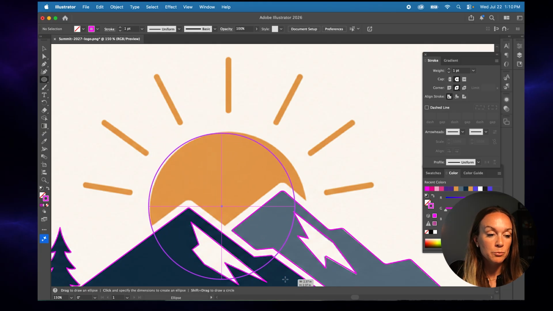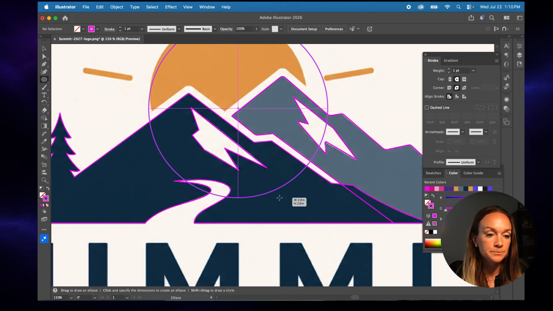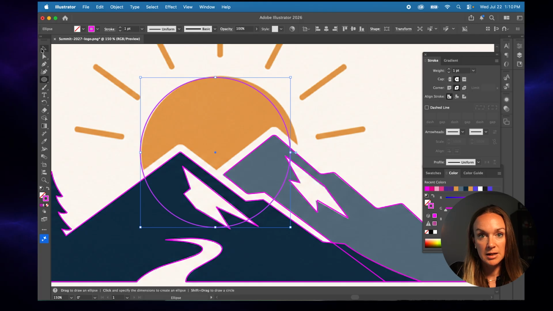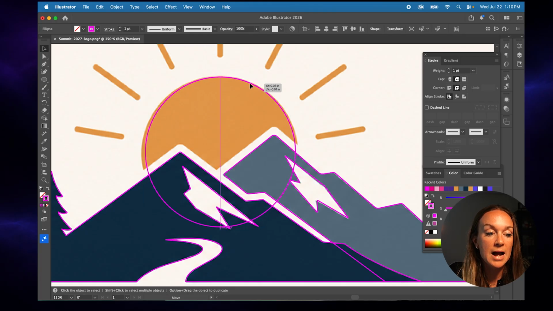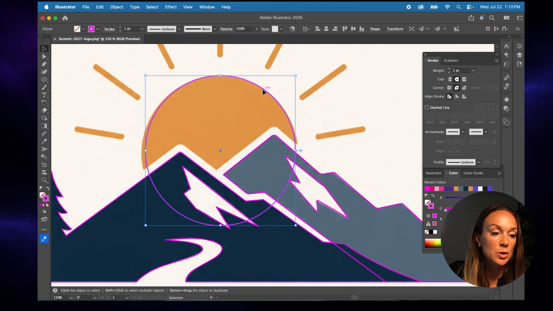And so you can pretty much eyeball the basic size as closely as you can to the sun, and then use your black selection tool to move it so that it's pretty much in the center. And you can see that there's a little bit of space on both sides of my ellipse. So I'm going to